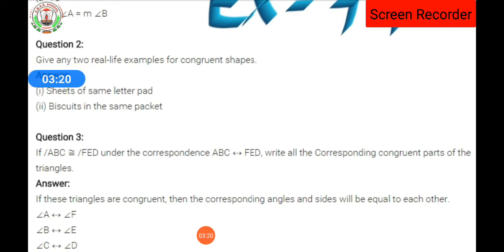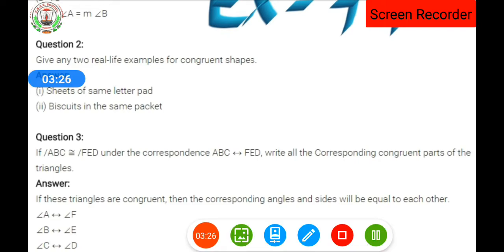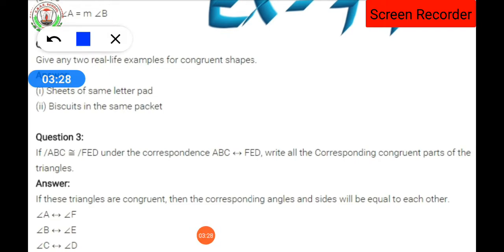Now we are going to see the congruence of triangles, which is the most important definition. I had already given this definition in the previous video as well as in your notes. The notes of this chapter are also given to you, isn't it? So we can see that two triangles are congruent when all three angles, or we can say all three sides,